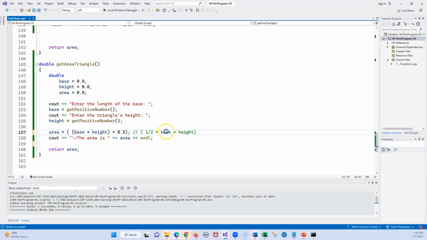Since everything is the same, we have multiplication, multiplication. We'll go left to right, and we have division. Remember, multiplication and division are the same. So what's going to happen is 1 is going to get divided by 2, and it's actually going to be 0. Because remember, it'll be 0.5, but since this is an integer and this is an integer,